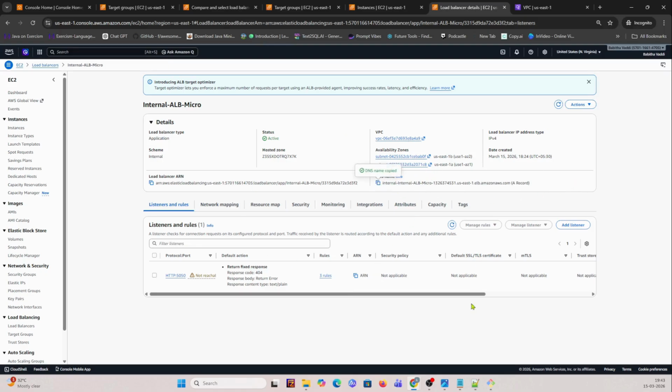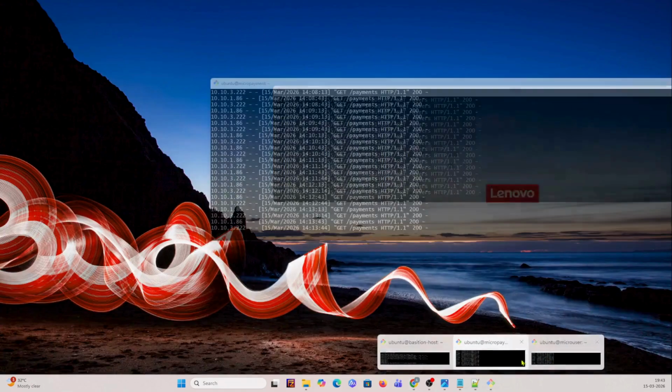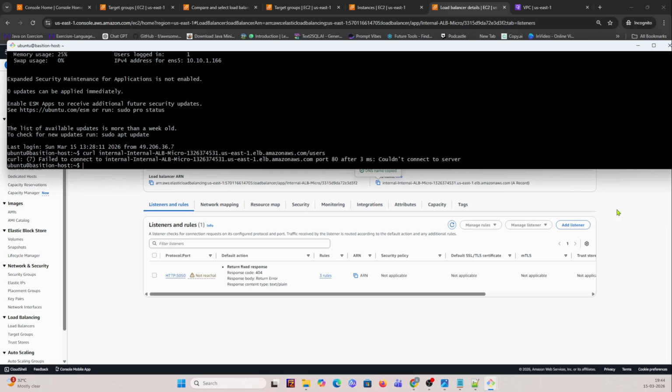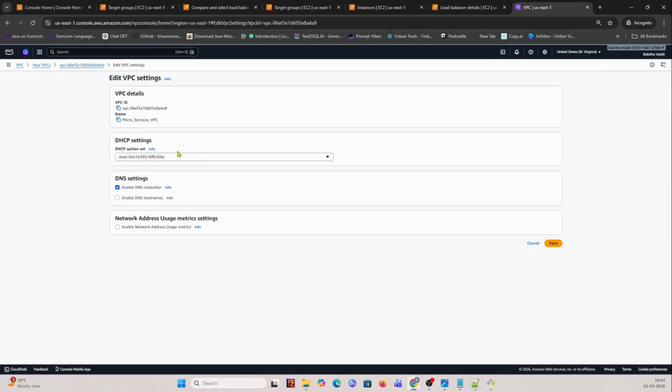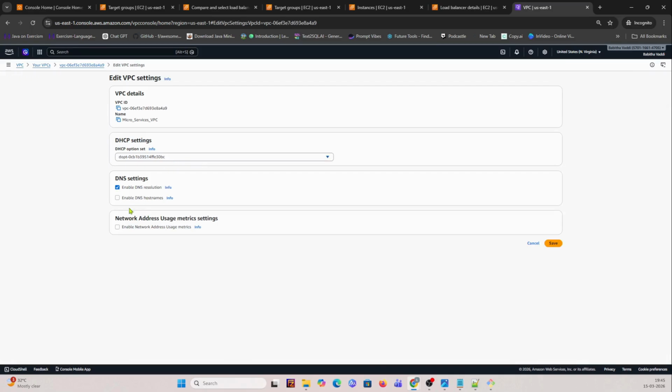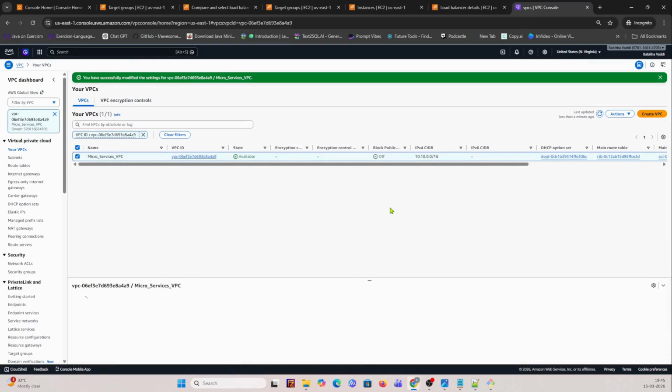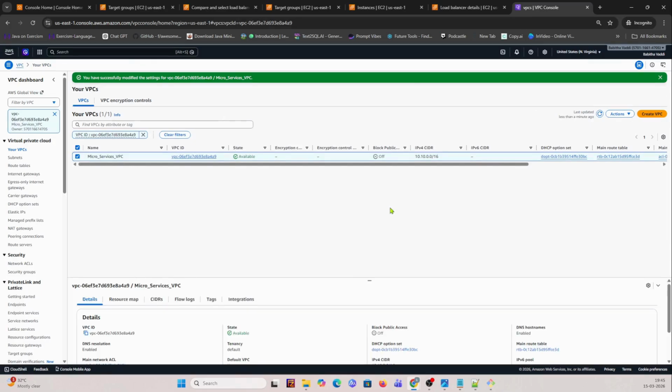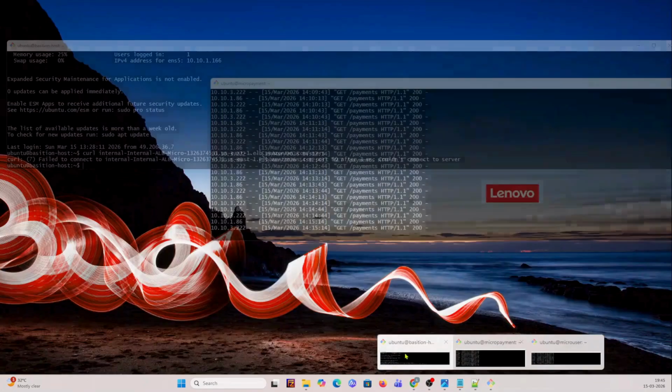You can copy it, and you can curl this URL from the bastion host. So let's try it. But before that, we can check the VPC settings whether the DNS setting is on or not. You can go to edit VPC settings, and you can see that enable DNS hostnames should be on. Then we can again check the curl,